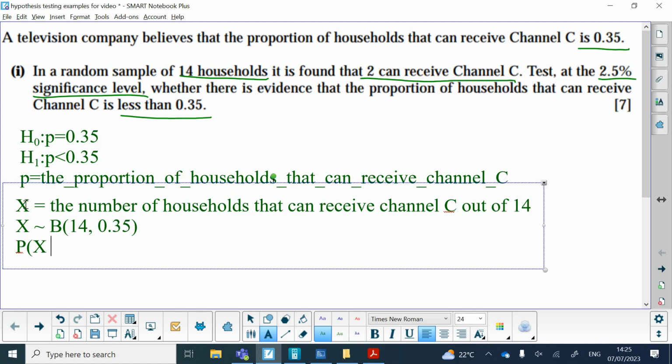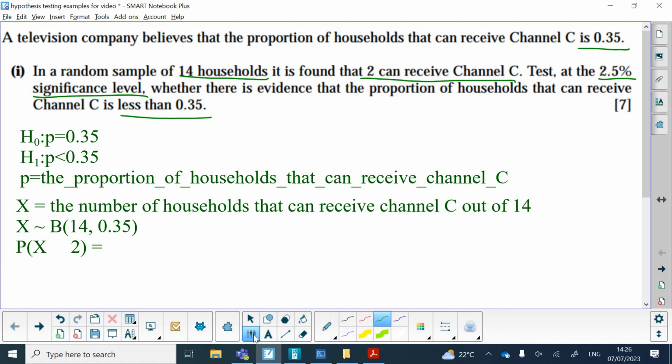So we're going to have a less than or equal to there, and our data is 2. So whatever symbol we've used in our alternative hypothesis, we use the same symbol for the at least as extreme as, and then we also put equal to,